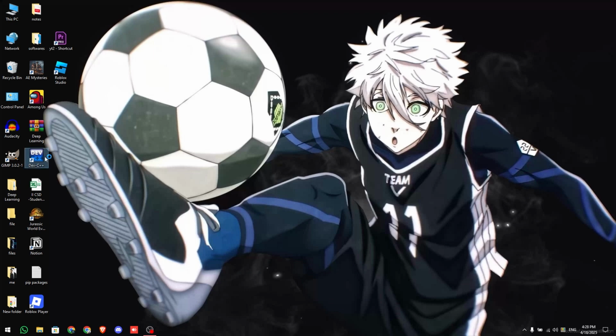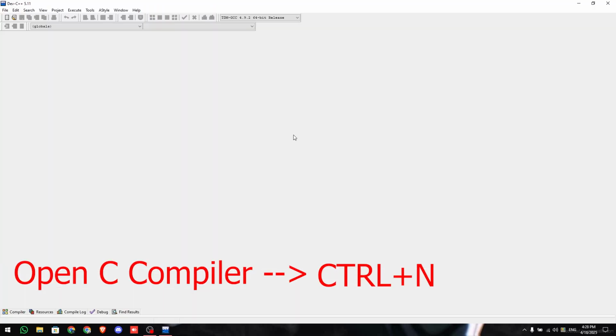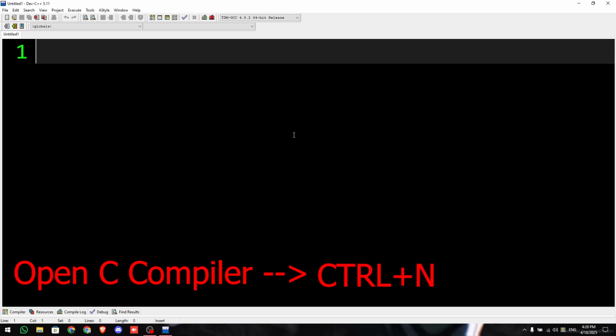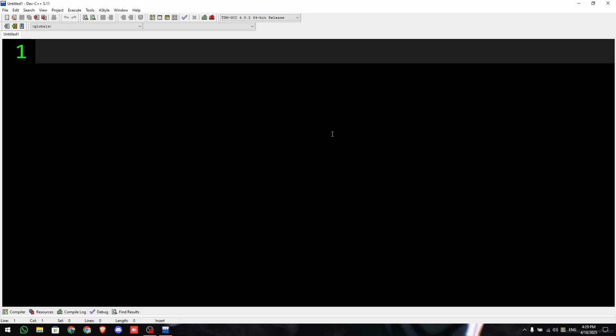So first let's open Dev C++, Control N to make a new file. There are mainly two ways, static and dynamic. First let's try to write the static code. So #include <stdio.h>